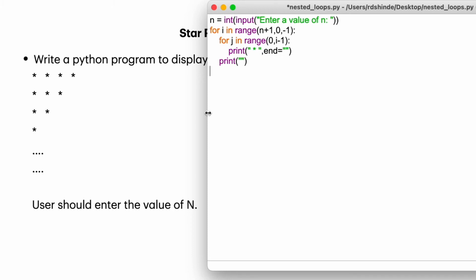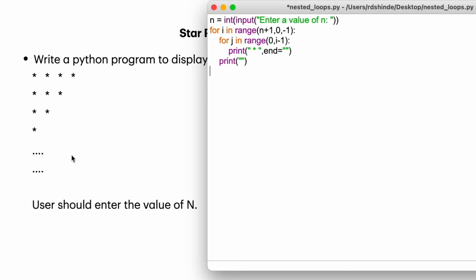In the last problem, we used this outer loop to print our rows, and in this problem also we are going to use this outer for loop to print our rows. So we will print row number 1, row number 2, row number 3, likewise, and the inner for loop will print the stars inside each row.